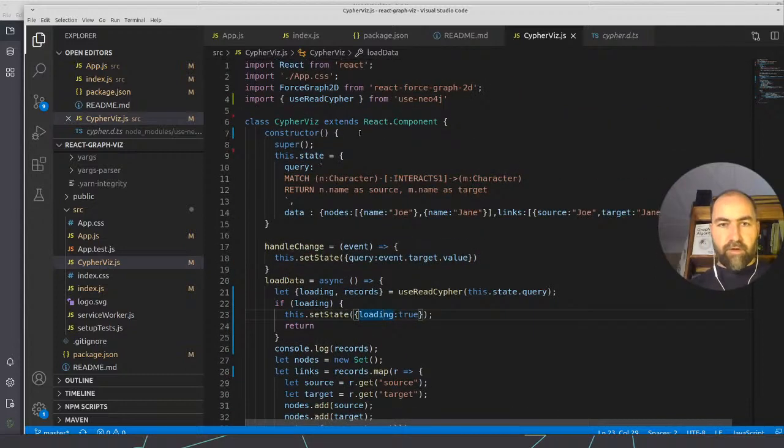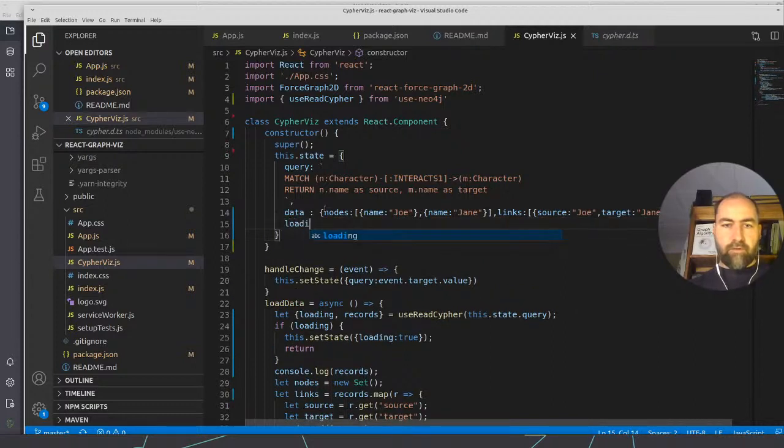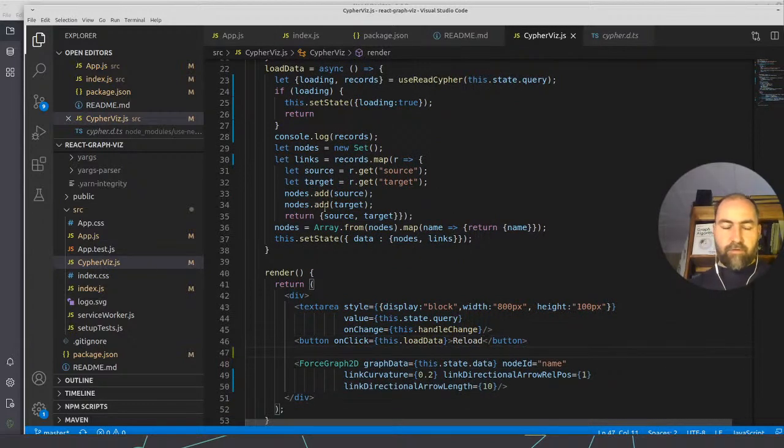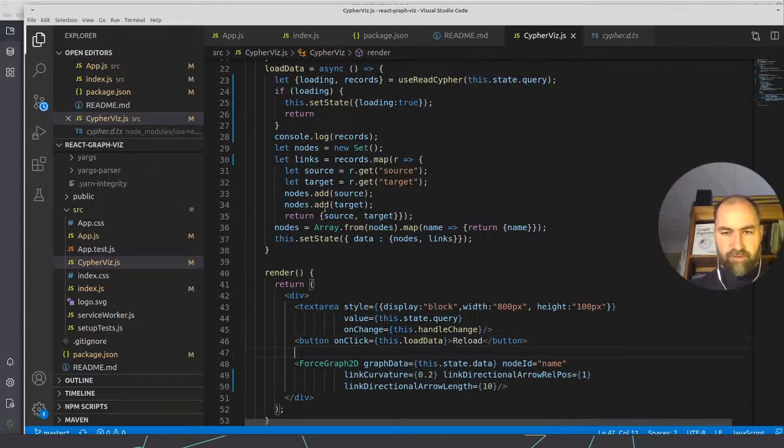And our state is loading false initially. And then in our this we can say either, so what is this? Loading.